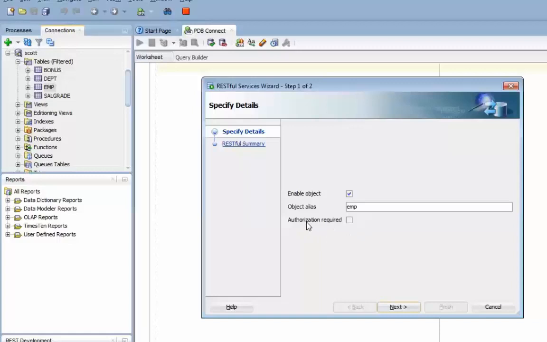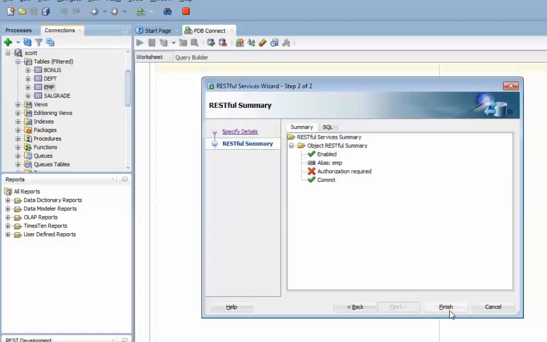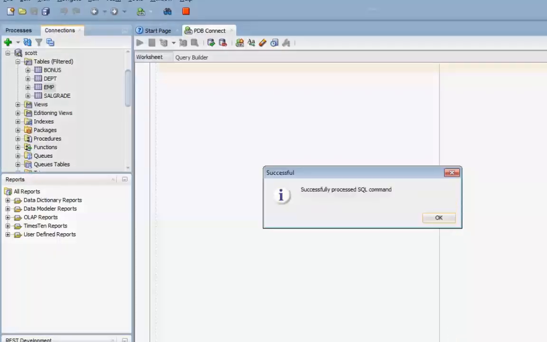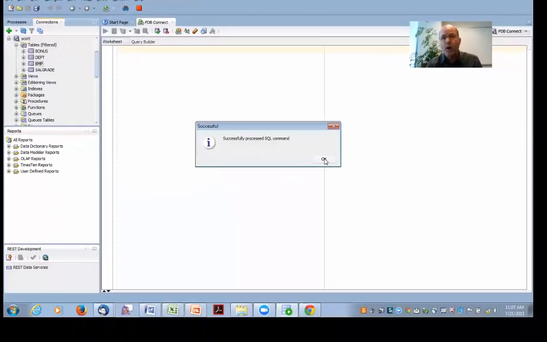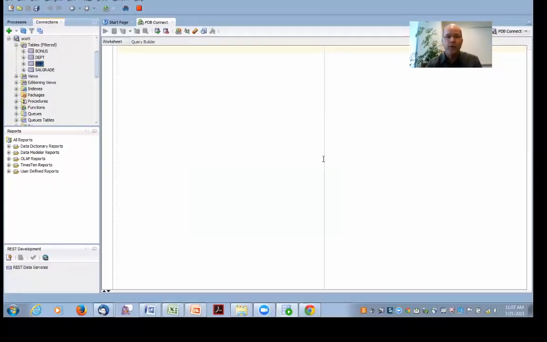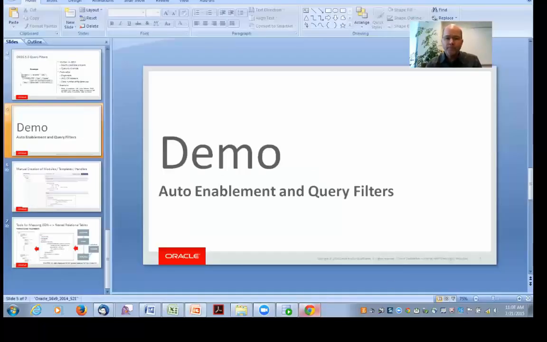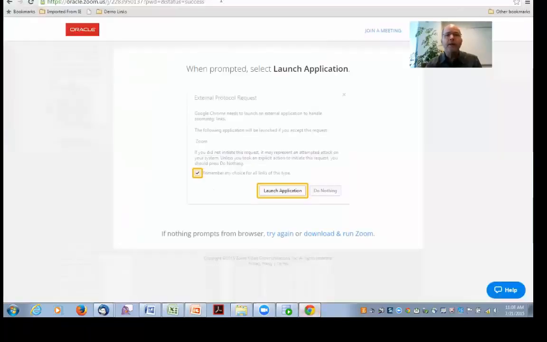I'm not going to set up the security. I'm not going to click Authorization Required for this simple case, but it just set up enablement. And that's it. Again, I click Finish, and it gets processed. So now for the IMP table, all those operations I showed you before now are generated and enabled, ready to go. So to demo that, I'm going to pull up a